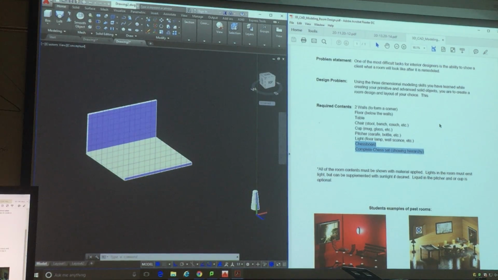You're more than welcome to omit that, but the other items kind of need to make up the difference. Don't give me a chair that has rectangular legs and a wooden back with slats. Okay, this isn't a kitchen chair. You need to put a little bit into it. Remember, the two floors and the wall took me less than 30 seconds while I'm talking, right? And I omitted the chessboard and chess set, so you really need to put something into the rest